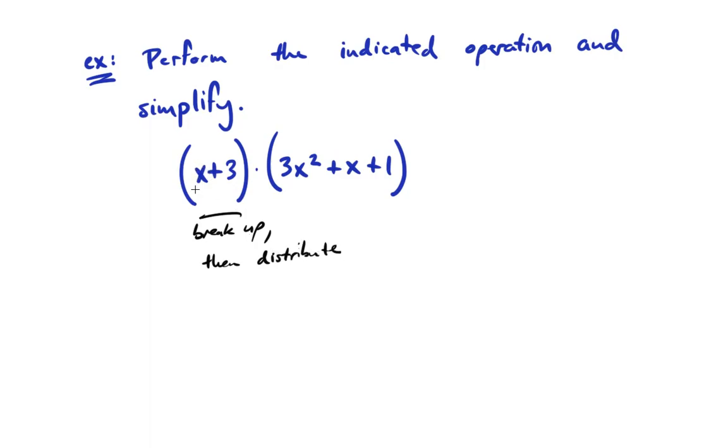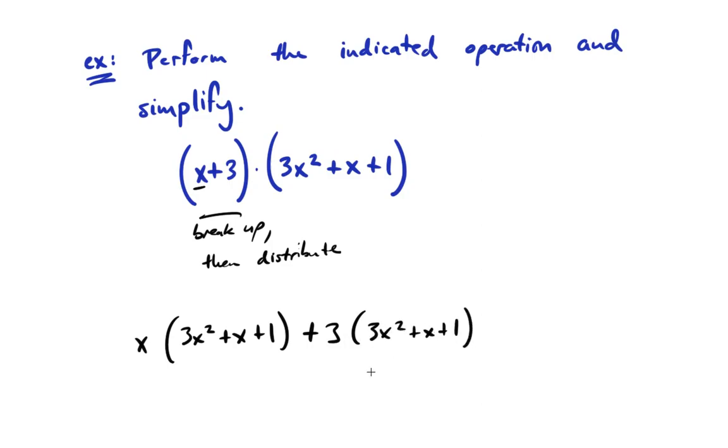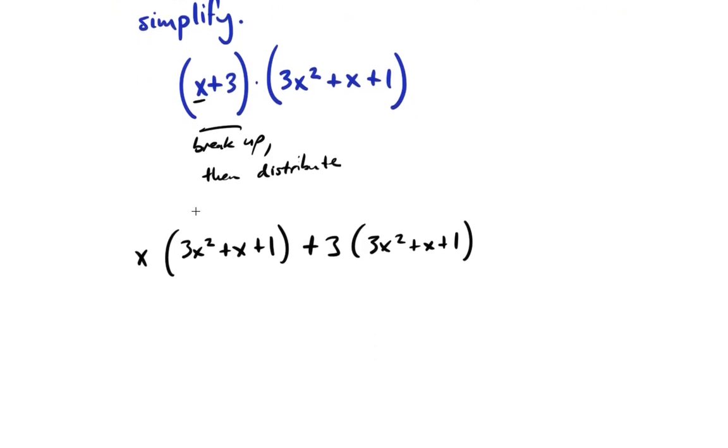So what's that going to give us? First, we're going to distribute the x. So let's just write this broken up as our first step. I've just carried down my 3x squared plus x plus 1, and I'm going to distribute the x there. And then I'm going to take the second part, the plus 3, and it's important that I'm taking the sign as well, and I'm going to distribute that too. And hopefully we're a little more familiar with things that look like this. So we're going to take this x and multiply it to each one of these terms, and we're going to take the 3 and multiply it to each one of these terms, and then we're going to combine like terms